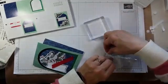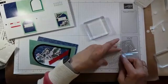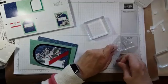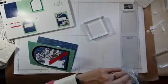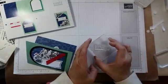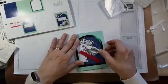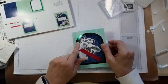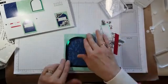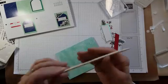Okay. I'll grab this one. You know, because I want to use that for the inside, I think I'm going to do the Happy Holidays. That's why they give us so many choices for the greetings, is because we can do whatever we want. All right, so it looks like all the stamping that we need for this one is just the label. We're not doing any stamping around the edge or anything like that. So let's get this folded down